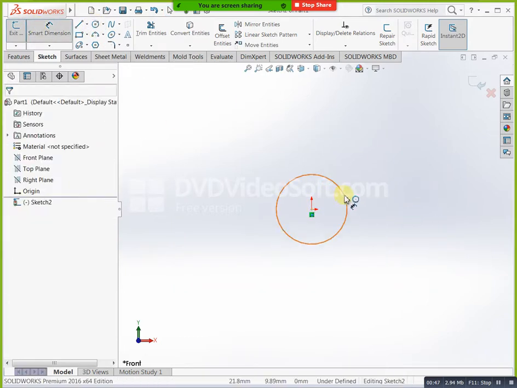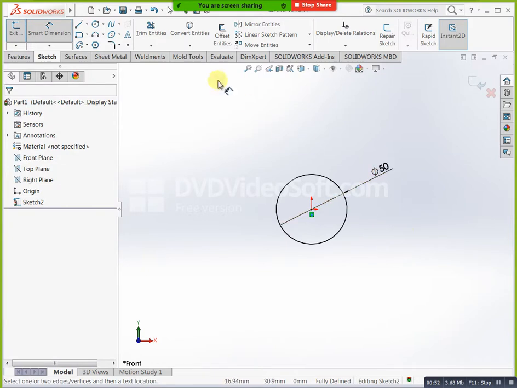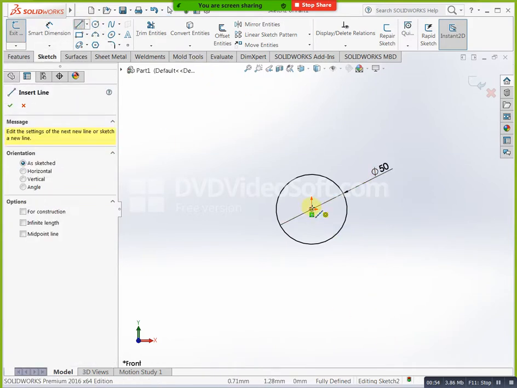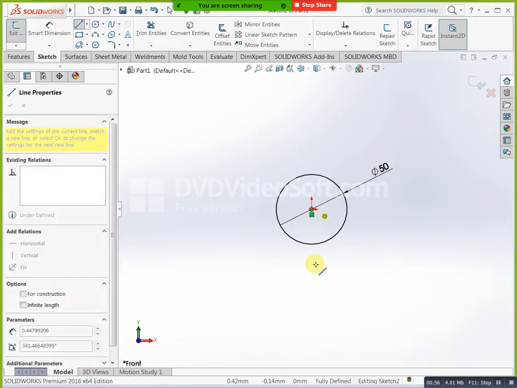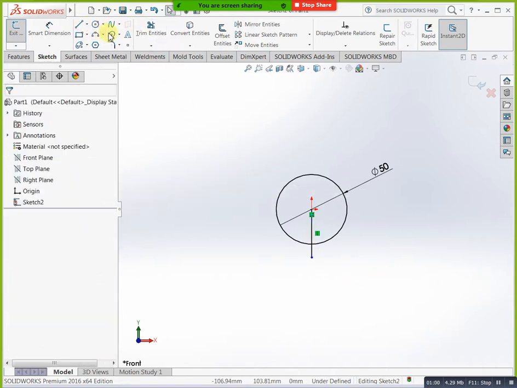same shape. Here I am placing a 50 diameter circle, and I am dividing at this place. You can mention up to here, and I am taking an offset. You can mention 1.